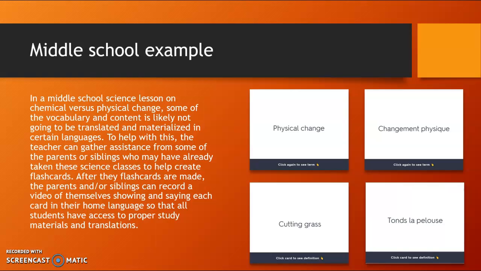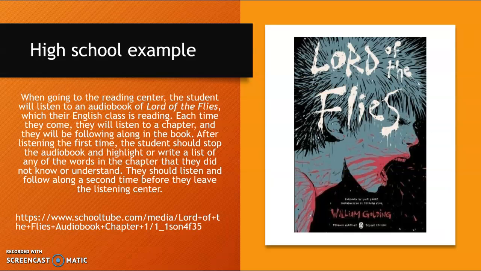We're also scaffolding them into different assignments that they may have to do, such as guided notes or quizzes or something along those lines, having these flashcards in their home language, and having it recorded and shown to them through a video instead of just handwritten will help them better. And then in high school, when they go to the reading center, they're not going to